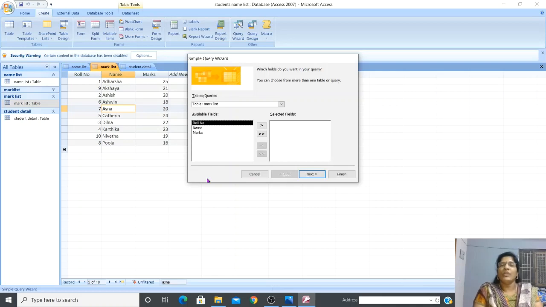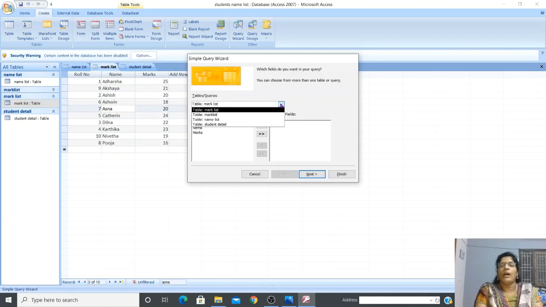When you click on OK button, you can see a dialog box with the name Simple Query Wizard, which is the one we selected, right? Here you can see Tables/Queries, and below you can see a drop down list box.